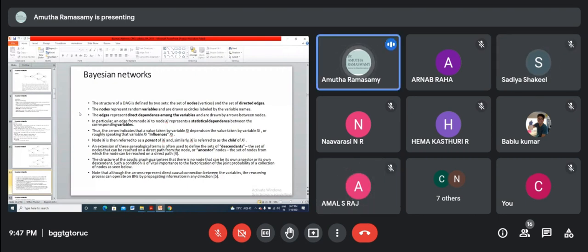Okay. So now we will use another terminology. The structure of a Bayesian network is a DAG. The structure of a DAG is defined by two sets: a set of nodes, which we also call vertices, and a set of edges, that is, directed edges. The nodes represent random variables, because a node can have some events, but it is a variable, it is not constant, and nodes are drawn as circles labeled by